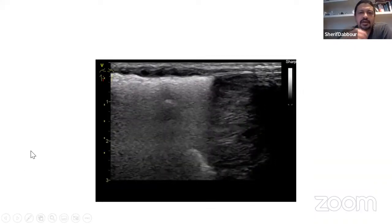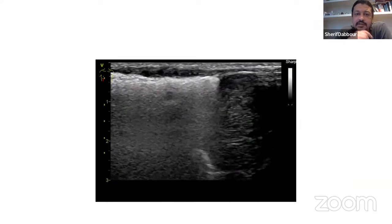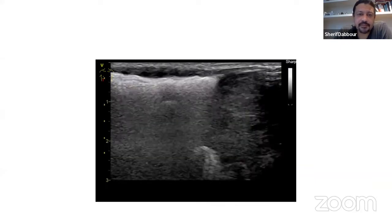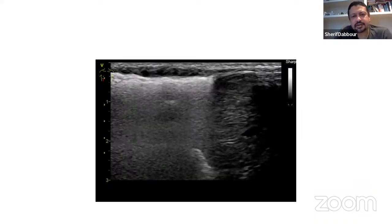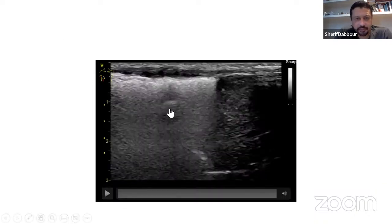Then that was R2. So in R2, I can see the pleural still sliding. It's a bit irregular and thick. It's still sliding, and here I can see, if you can see my pointer,